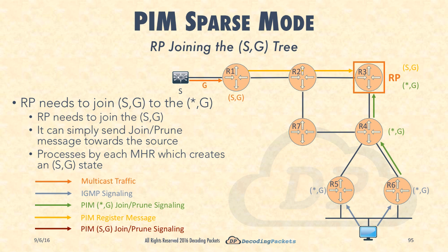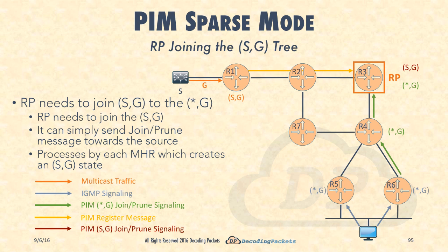Let's take a look at this in action. So once again, let's recap. The RP needs to join this S comma G tree to the star comma G tree because it needs those packets to flow from the S comma G onto the star comma G. And it sends that join prune message towards the source. So R3 is going to send a join prune message